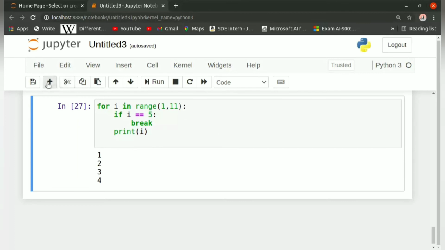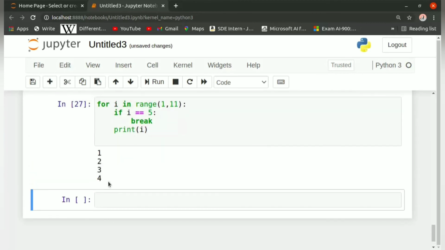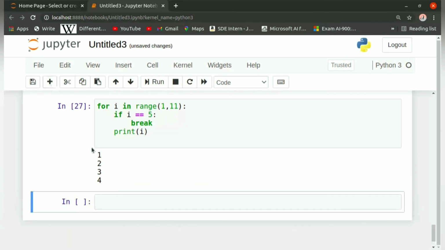So 5 equals 5, and thus it executes the break statement, and the whole loop breaks here and does not continue. That is, it would not even check 6, 7, 8, 9. That is the break statement.